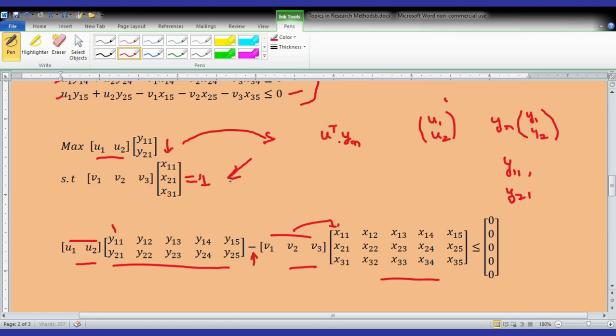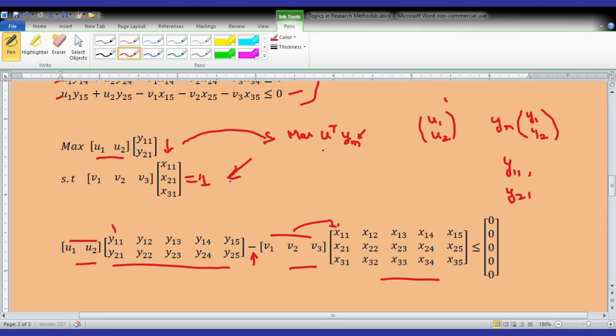So they write it like this. This is the nth firm. So writing the system for nth firm, u transpose multiplied by the output vector for the nth firm. So this is to be maximized. So we write maximize